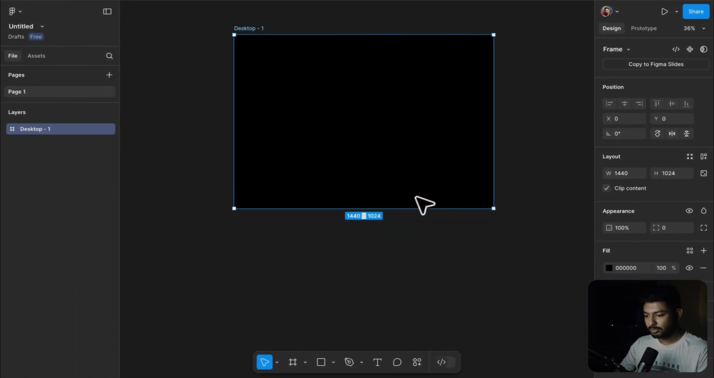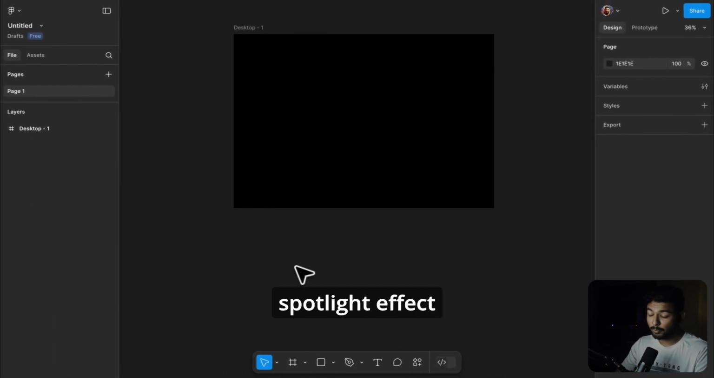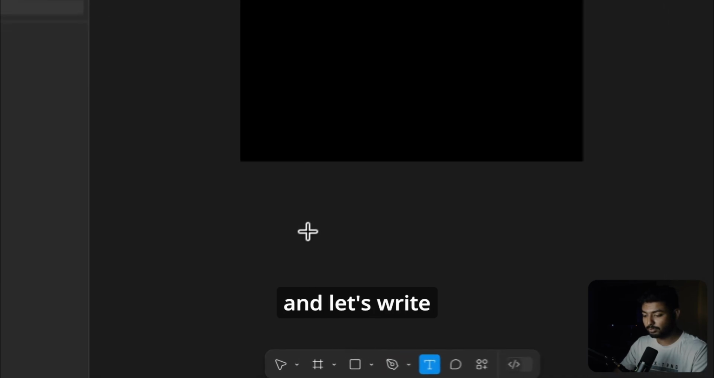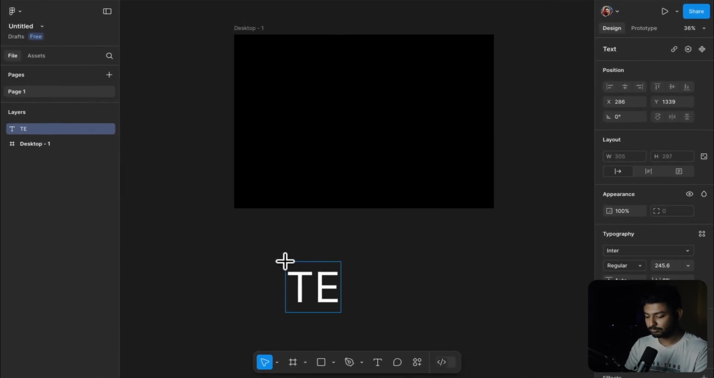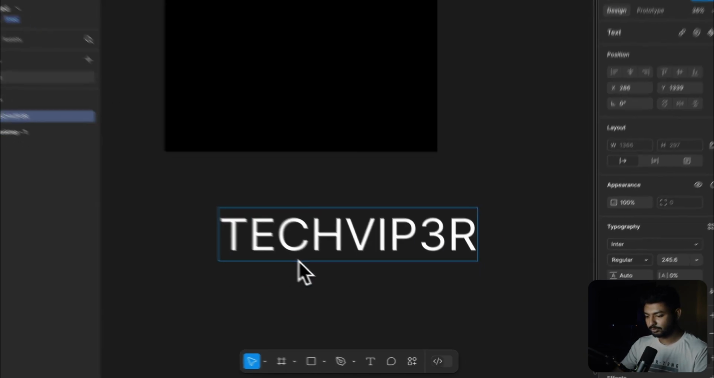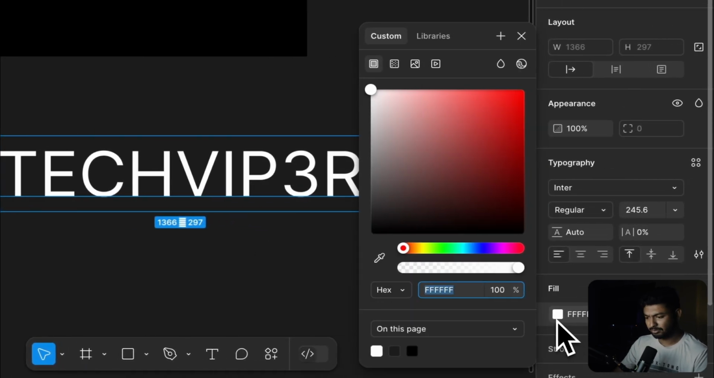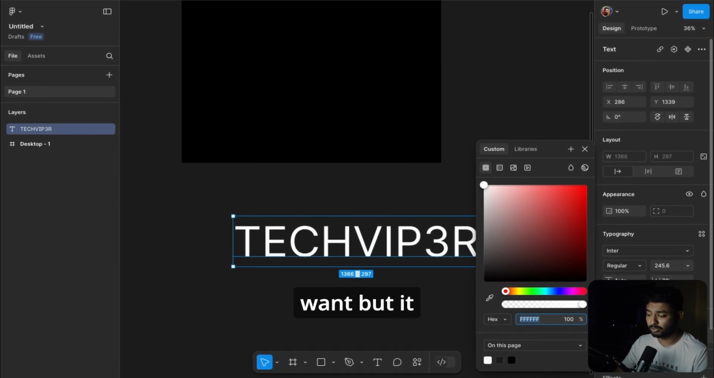Perfect. Now we want to write something like Tech Viper and we need to show the spotlight effect on it. So how we can do it? First of all, let's press T on our keyboard and let's write something like Tech Viper. Perfect. Now let's change this color. We need to add something linear. As I want to add something linear, you can add something of whatever you want, but it should be a